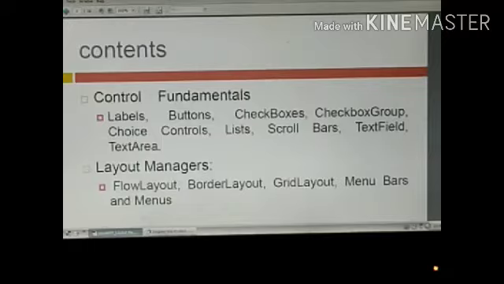Actually, in Java we have Windows based GUI programs, which are supported by this AWT. The AWT class has lots of methods that can support this window based GUI.